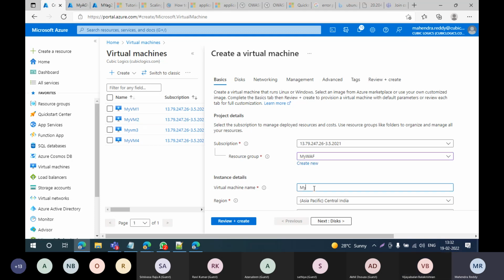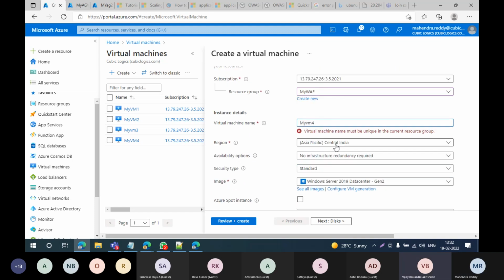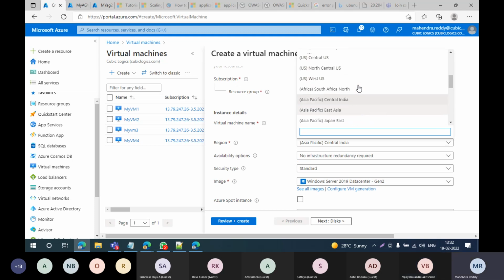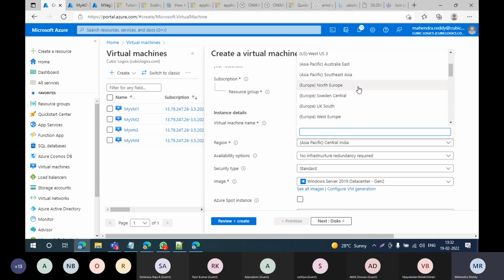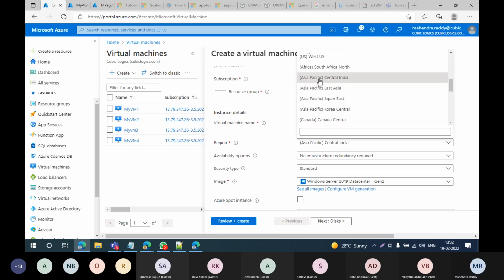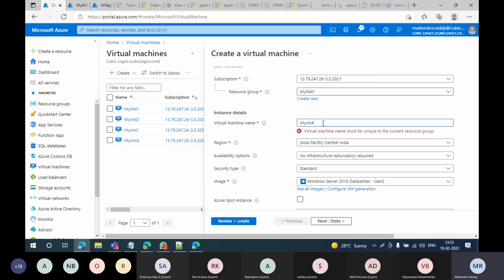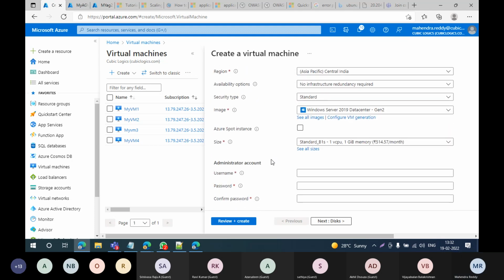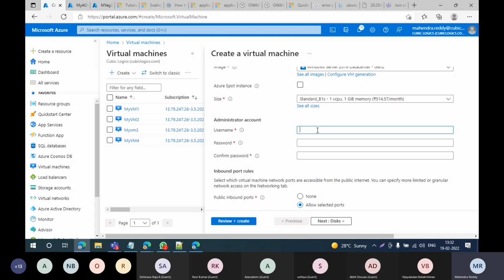The virtual machine in my VM4. While creating, it will ask you to associate, and at that time you need to associate it. I have taken the basic option.